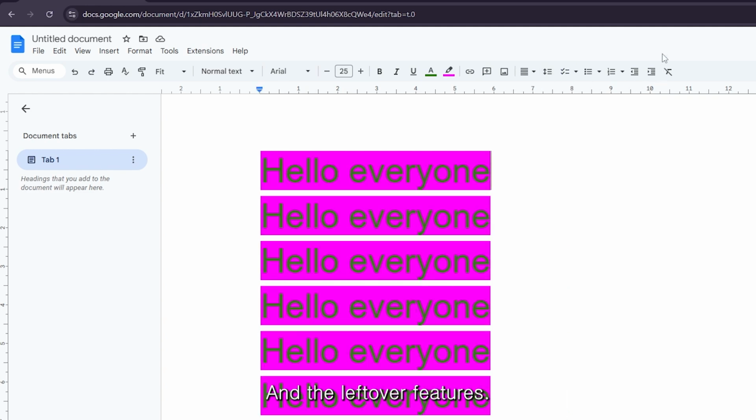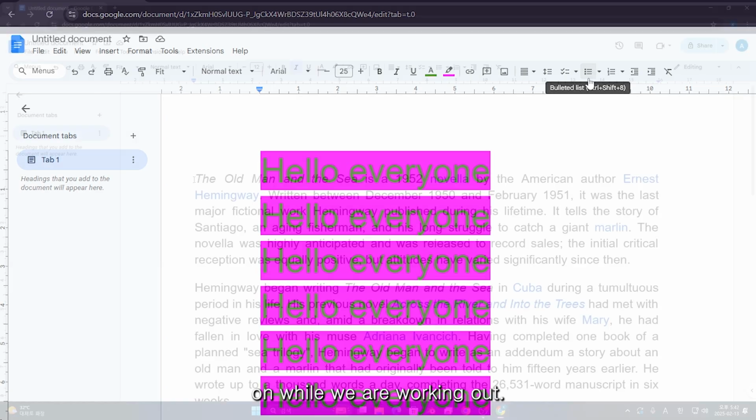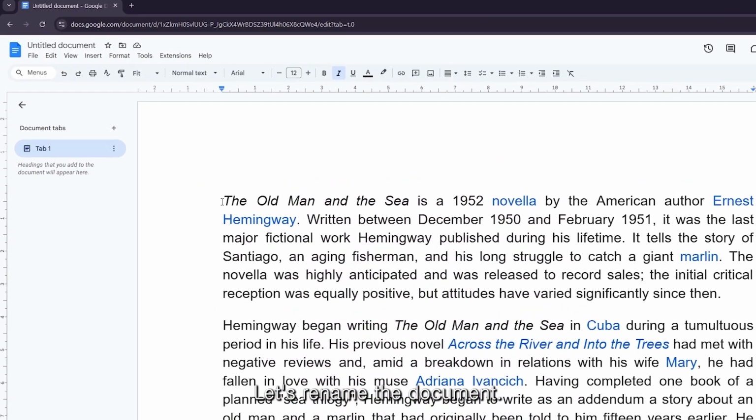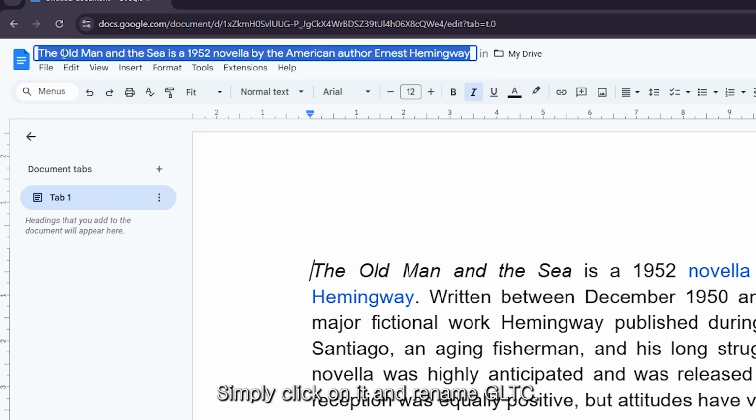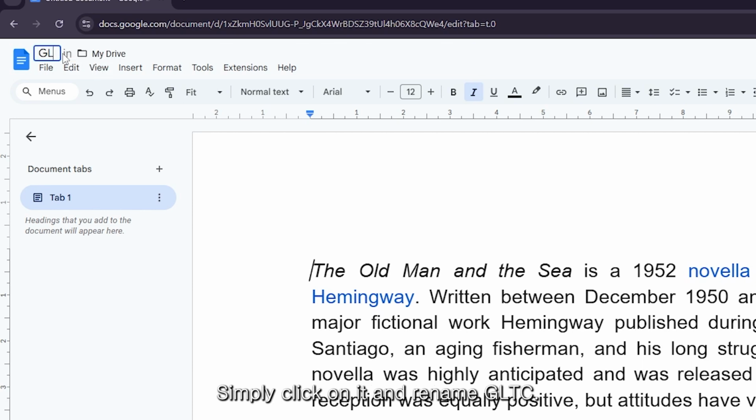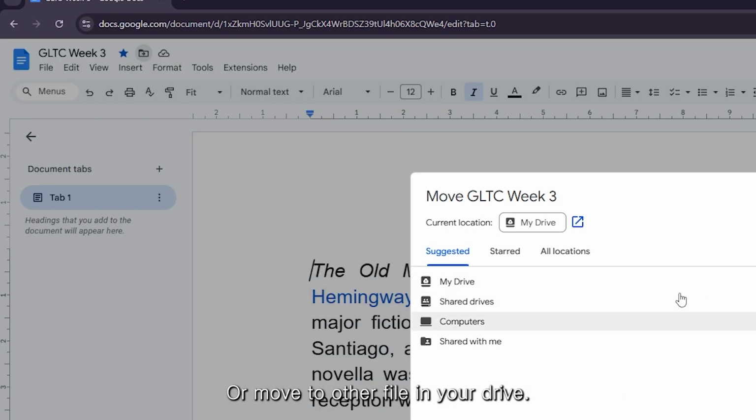And the leftover features we are going to talk about later on while we are working out. Let's rename the document. In the left top corner, you will see Untitled Document. Simply click on it and rename it GLTC Week 3. You can also put a star to make it important, or move it to another file in your drive,